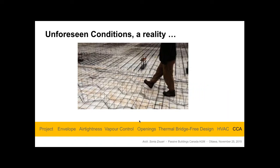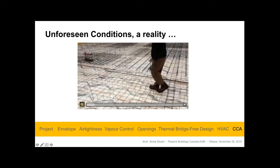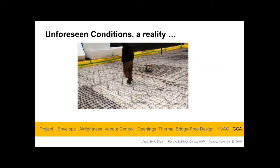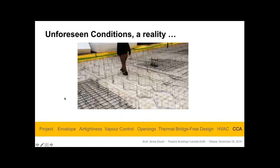Our adventure with the thunder showers continued during the basement slab pour. Our 3-inch insulation layer protecting the poly was literally floating between the poly and the concrete reinforcing, and this little video captures it very well. So we had a little pool under our insulation. So we had to use a lower slab concrete mix to handle the added moisture, and the slab was